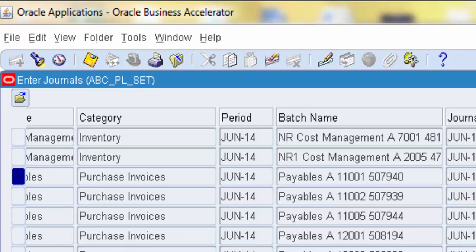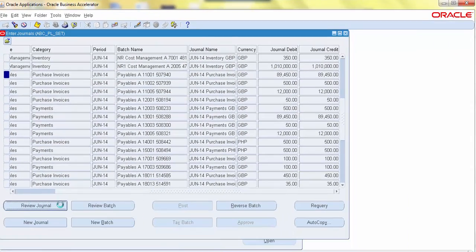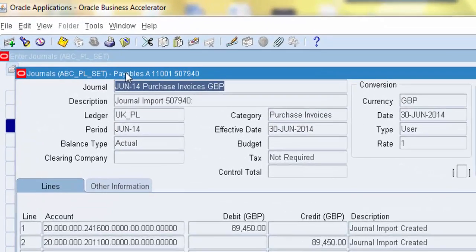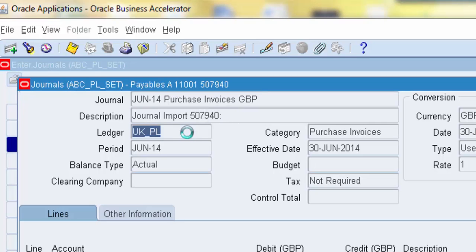So for now, let's have a look at one of these journals and let's inquire on it. I'm clicking on Review Journal, and here's the journal that we clicked on from the line there. I can see it's a purchase invoice, and it's a journal that was imported from the UK Primary Ledger for June the 14th. The type of that journal is an actual journal, and it was for a purchase invoice